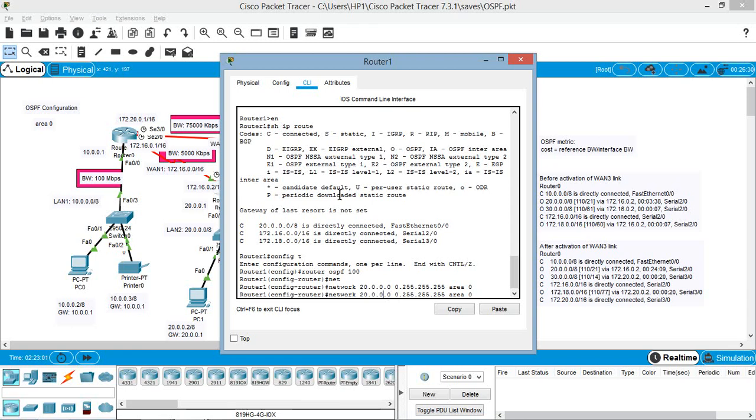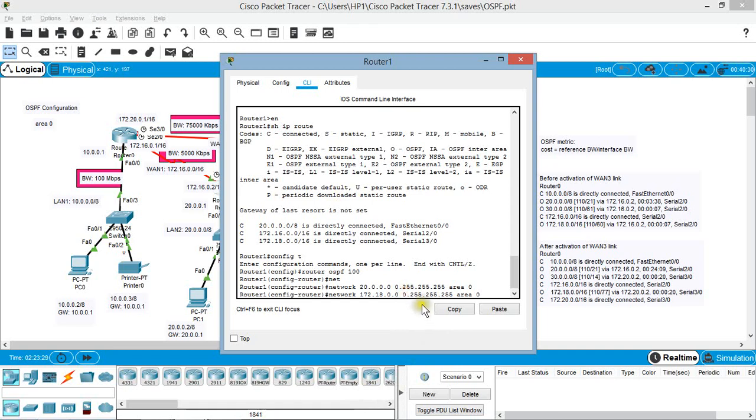The other network on this router is 172.18.0.0. Now this is class B network. For class B, the wildcard mask will have 2 octets low and 2 octets high.